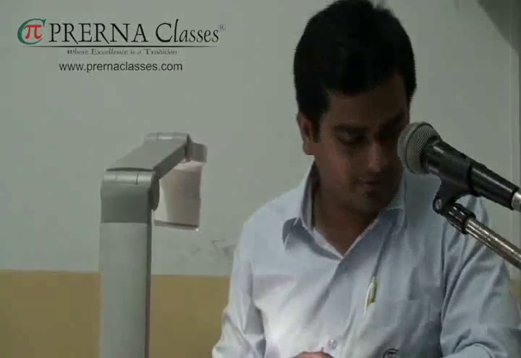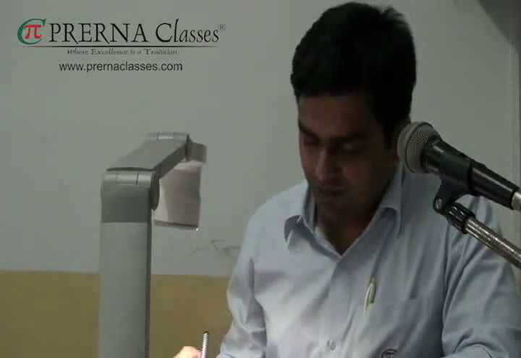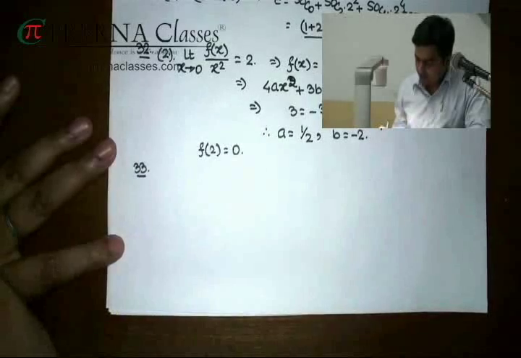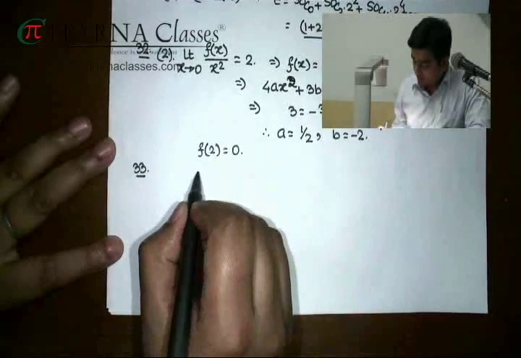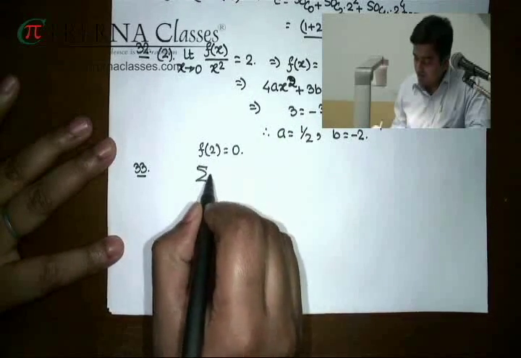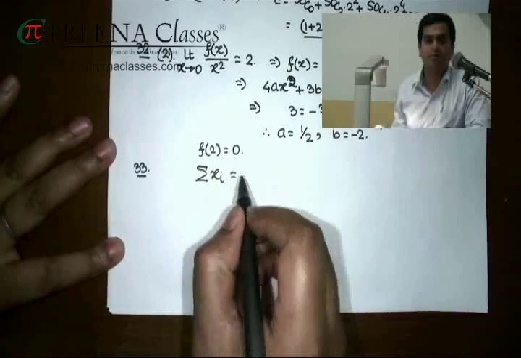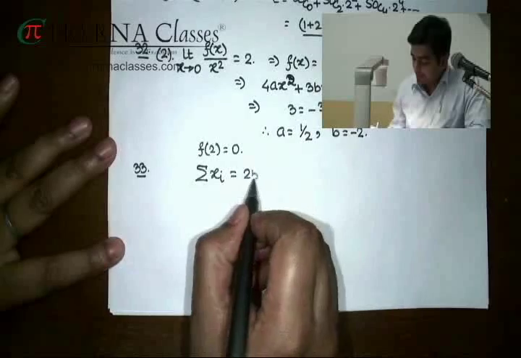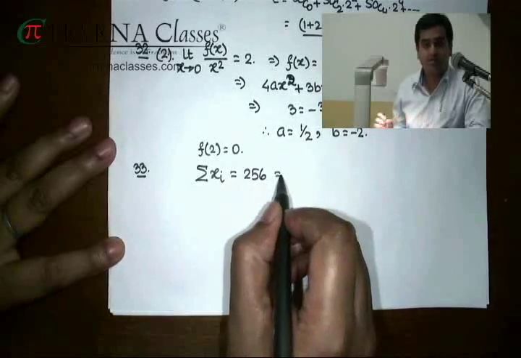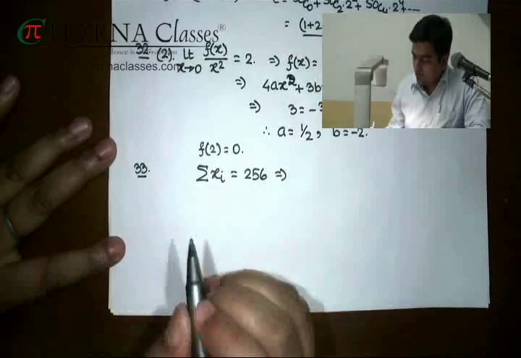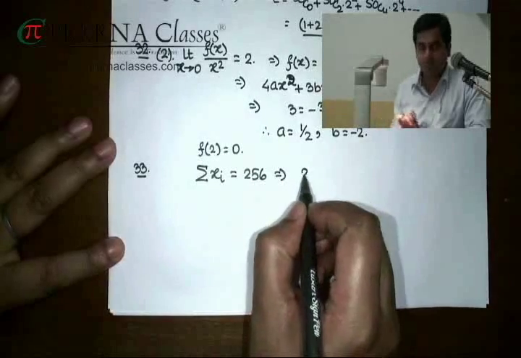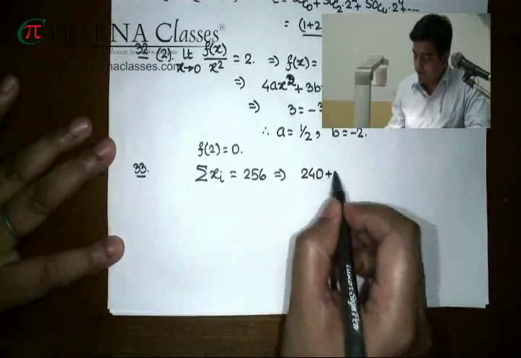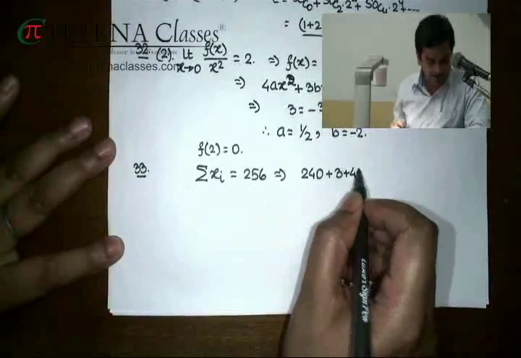Fine. In the third problem, we have some information related with some data. We had 16 observations and its arithmetic mean is given to you as 16. Clearly then sum of all those observations is going to be 16 square, out of which it is given to you that if you remove one data which is 16 and then if you add 3, 4, 5 in that setup,